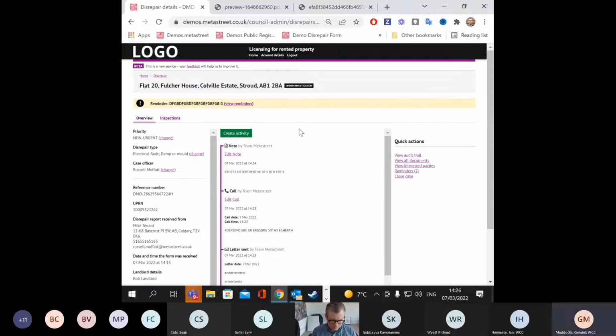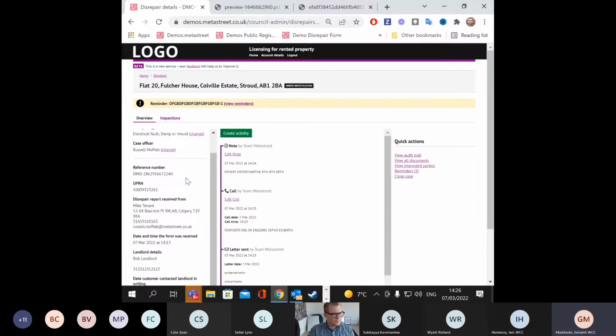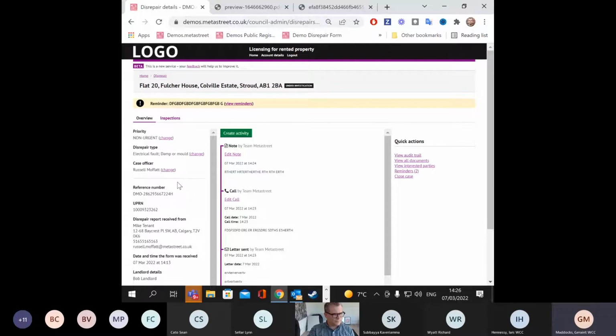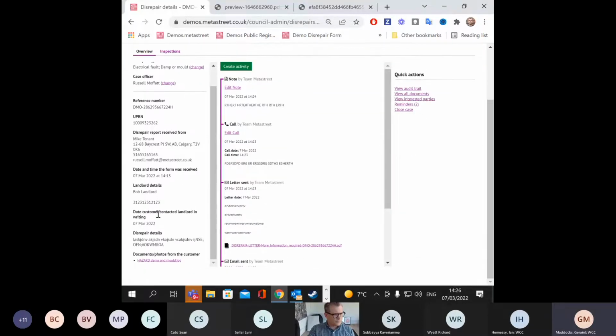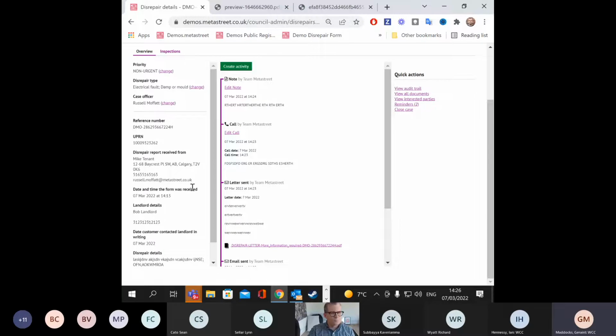Yeah, there's a couple. So just a good point from Lynn, advising that you could change the landlord details to responsible person. I guess you could put both, couldn't you? I think Matthew asks if there's a property that's already been licensed and a disrepair complaint comes in for that same address, will the system flag that at all,